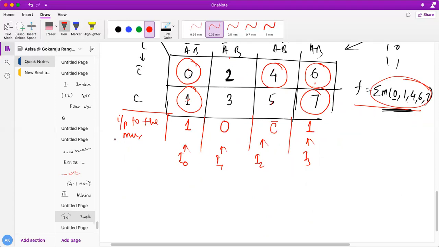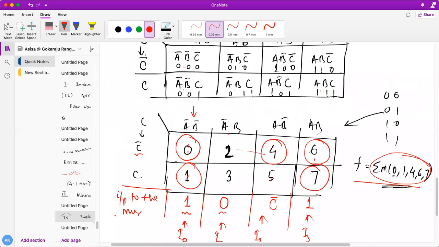Now you know that this is my input to the MUX, I0. If both are rounded in that particular column, input to the MUX is 1. If nothing is rounded, input to the MUX is 0. If one is rounded, what is the corresponding C? You have to write down that one. If both are again rounded, the 1. Okay. So finally, if my 4 cross 1 is what?